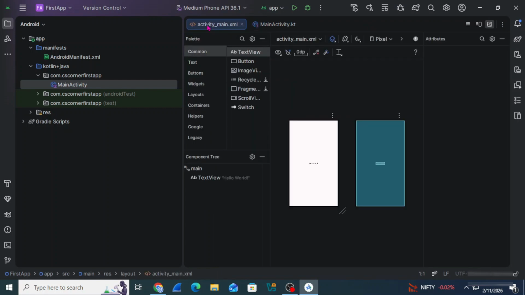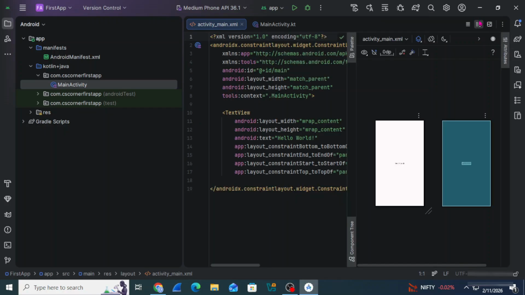You can create this in Java also. For that you have to select different option while creating your project. Okay, so I have created separate video for that, you can watch that. So guys, here I am having activity underscore main.xml file. This is the layout file where you can put your widgets or a component or a controls on your activity. So whatever design you want to do, you can do through this activity underscore main.xml file.